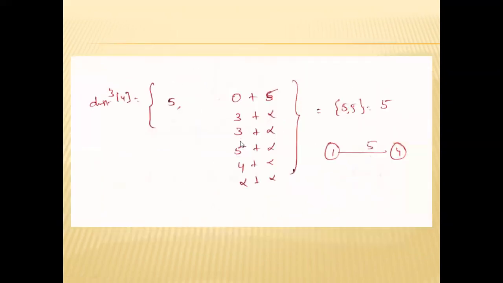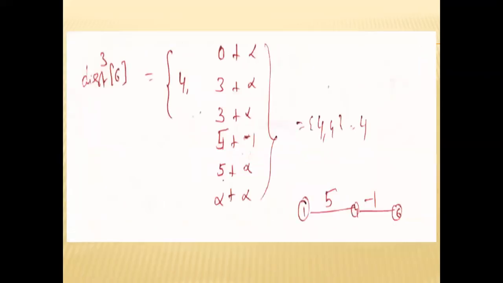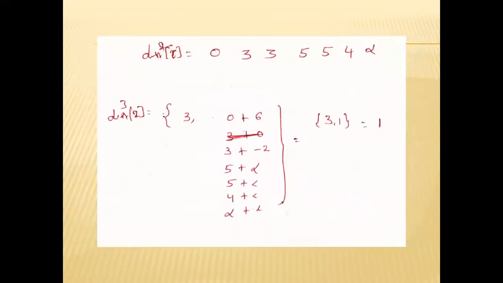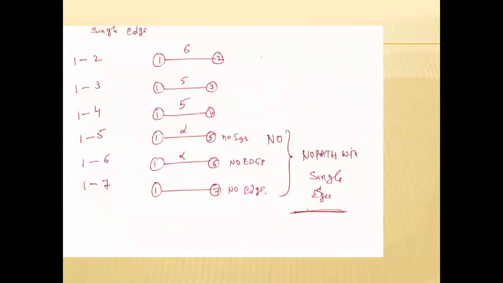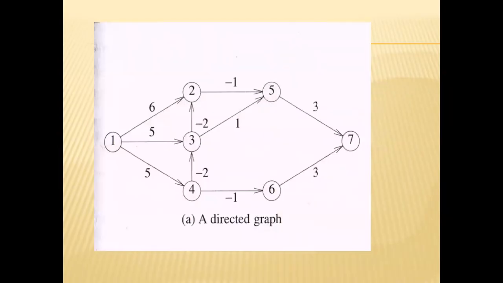Means we are finding the shortest path by using 3 edges. In the graph, suppose there exists a path by using 3 edges. For example, for the given graph, we are finding the shortest path from 1 to 2 by using 3 edges. By using 3 edges means there is another shortest path.